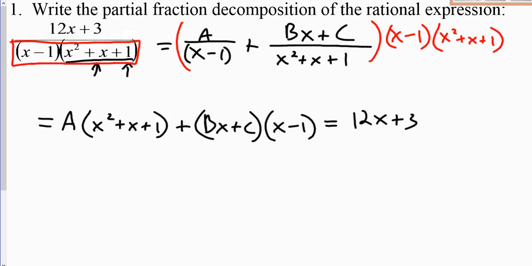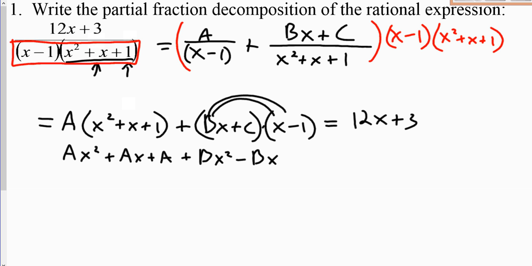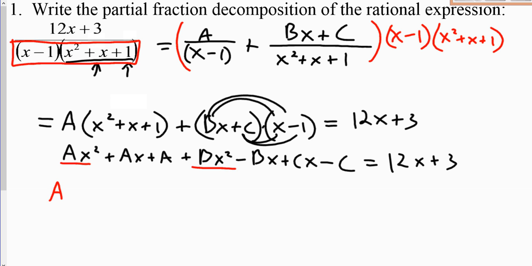So now I'm going to start grouping things. I'm going to try and use some colors here to help this out. Well, before I start grouping, let's go ahead and distribute this stuff through. I'm going to get ax squared plus ax plus a plus, here I have a double distribute because we're multiplying here. So I get bx times x, and I get bx squared minus bx plus cx minus c is equal to 12x plus 3. Okay, so then I'm going to try and group together all my x squared terms. So I have an x squared term here, an x squared term here. So it's going to be a plus b, factoring out my x squared there,